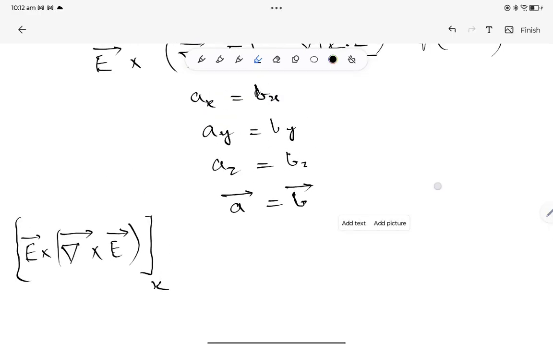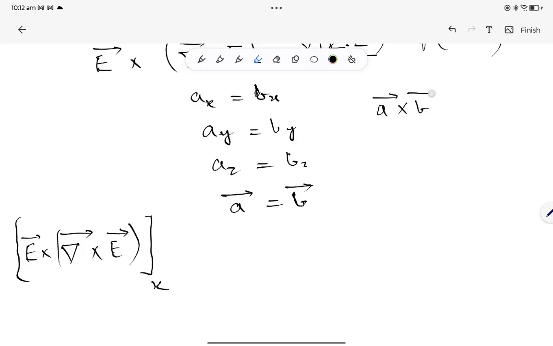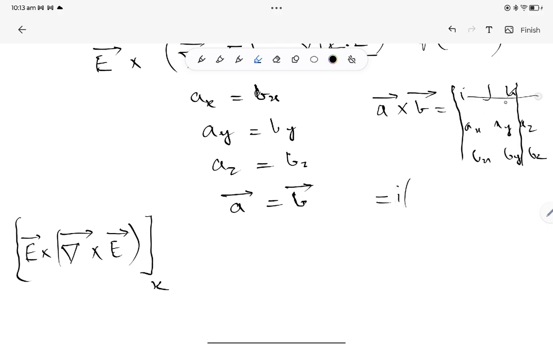If you have A cross B, the cross product between two vectors, then this is equal to, in determinant form, which is easy to remember, the determinant with rows i j k, ax ay az, bx by bz. Now when you expand it, you take i, that is the x component, ay bz